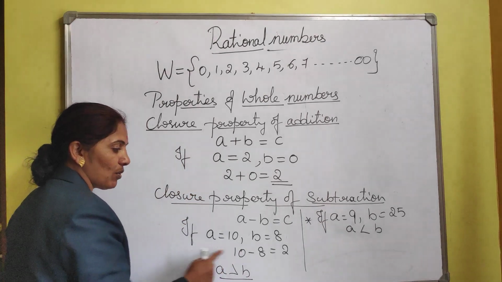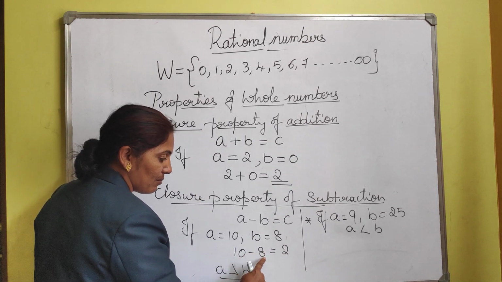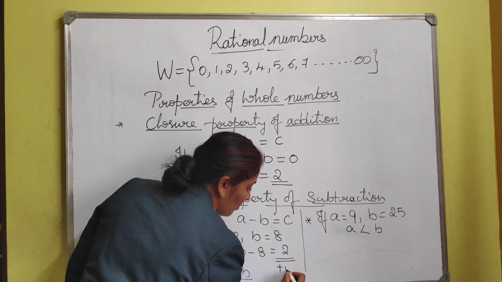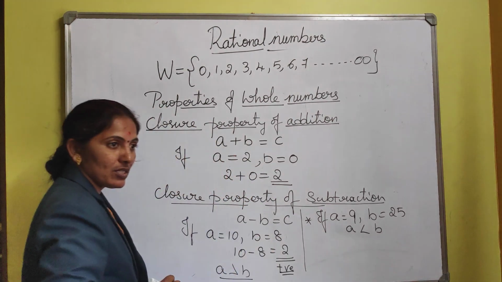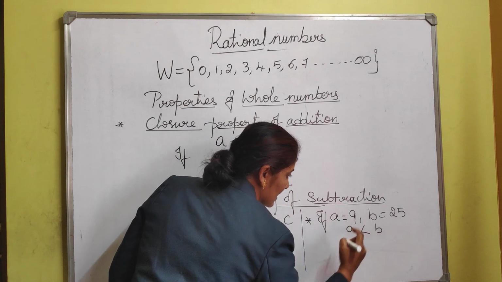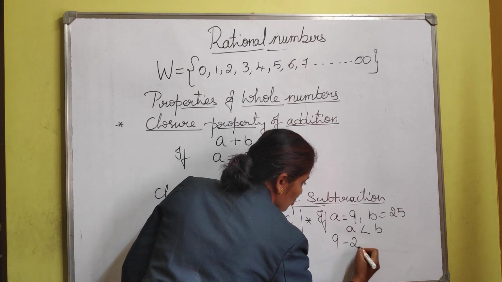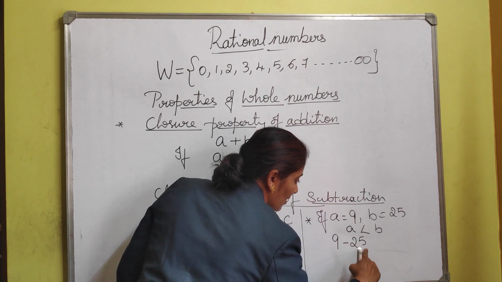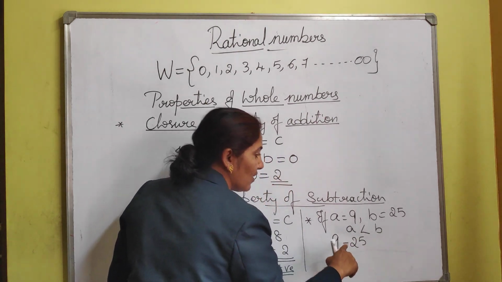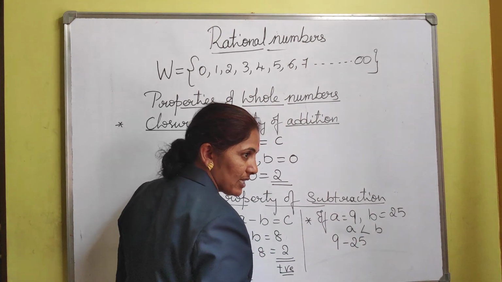In such cases, what do we get? You observe here, A is greater than B, then we always get a positive value. Positive value. Here what do we find? Since A is less than B, I can write this again as what? 9 minus 25. Here we observe the negative value. We read this as minus 25. Instead of reading it as 25 when we are finding the difference, we read it as minus 25.